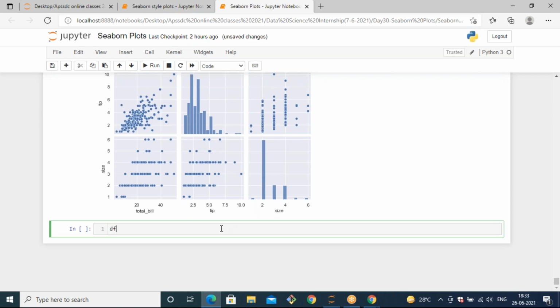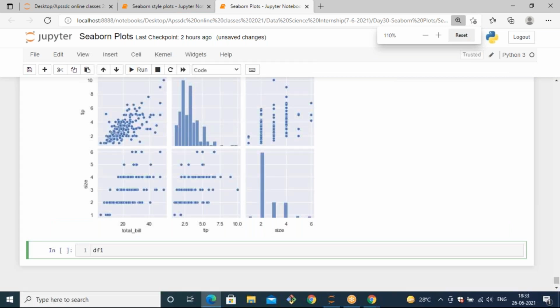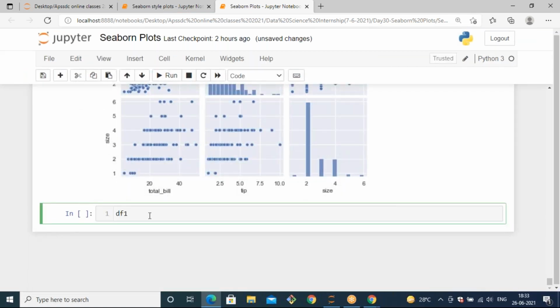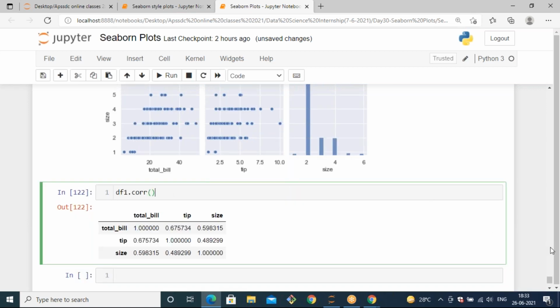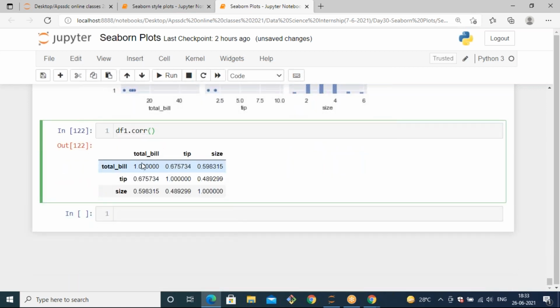And now let's see correlation. We have already loaded the data frame, and this is very important. After calculating the correlation, let's visualize that correlation with respect to a heat map. For calculating the correlation, we have the method df1 dot corr. It will give you the correlation for integer kind of data, because the correlation can be calculated for integer data only. Now you can understand the correlation may vary from -1 to +1. If it is -1, they are not correlated.